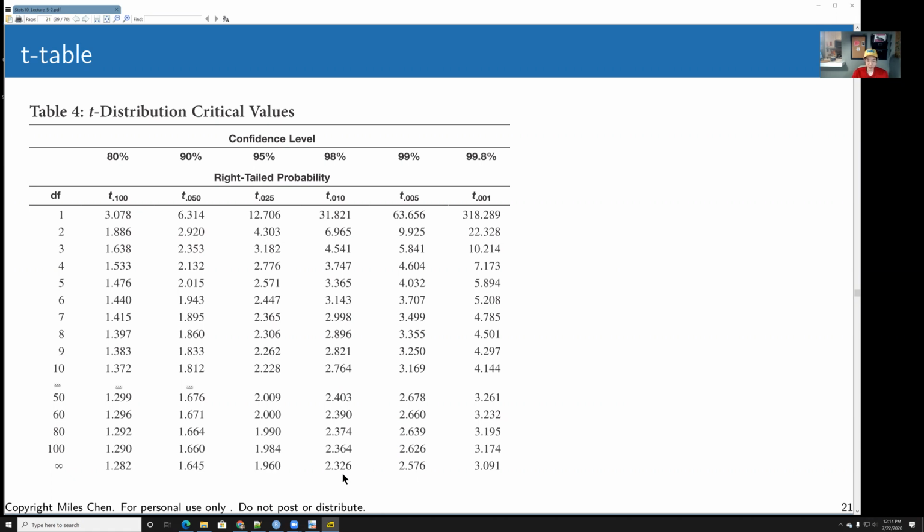they were values like 2.58 and 1.645 and 1.28, and these are the exact same values. So 80% is 1.28, I guess they have an extra decimal point, 1.282. 90% is 1.645, 95% is 1.96, and 99% was 2.58. And so with infinity degrees of freedom, the values are the same as what we would use in the chapter 7